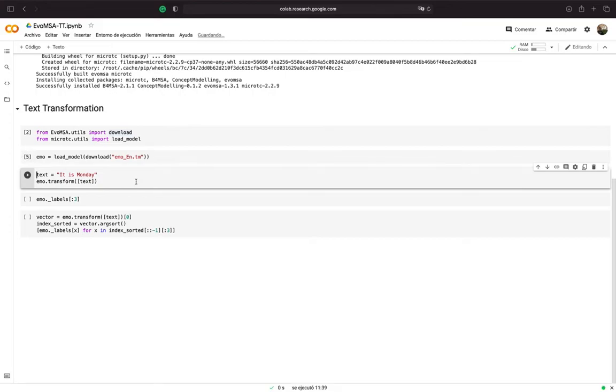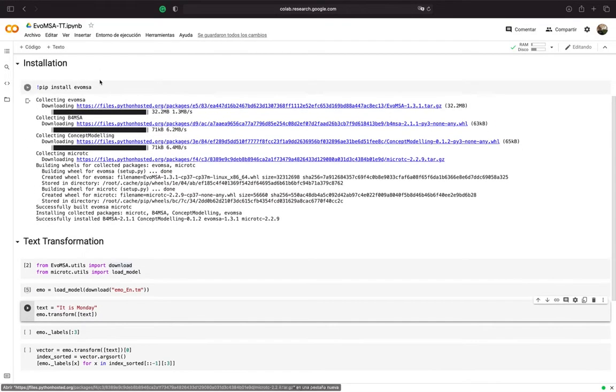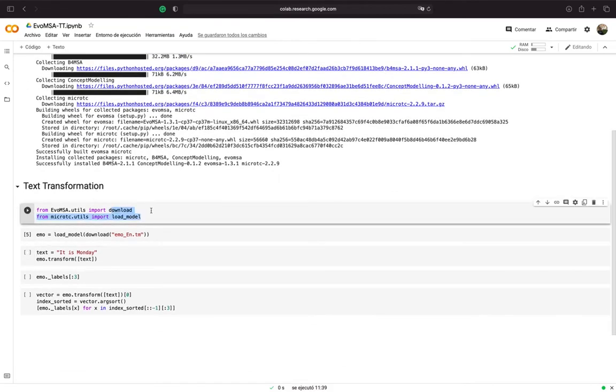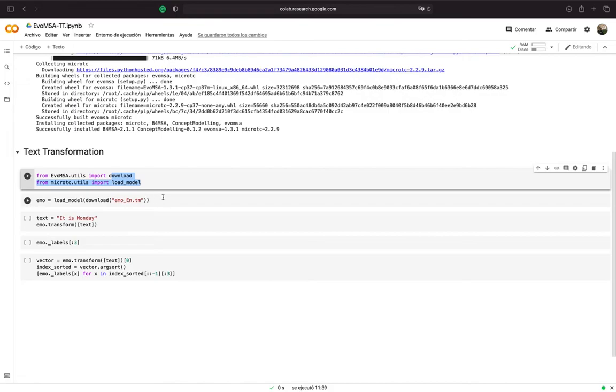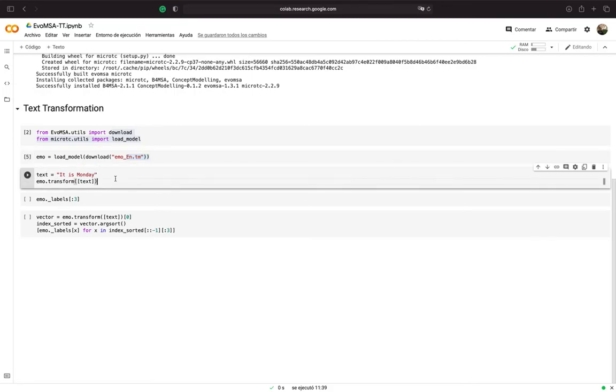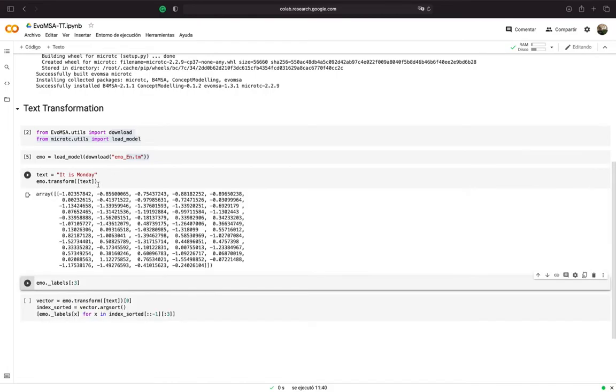Okay, so the first part, I installed EvoMSA. Here I only loaded some of the libraries and loaded the model, and let us try to imagine the text. It is Monday, and we transform the text into the vector space.